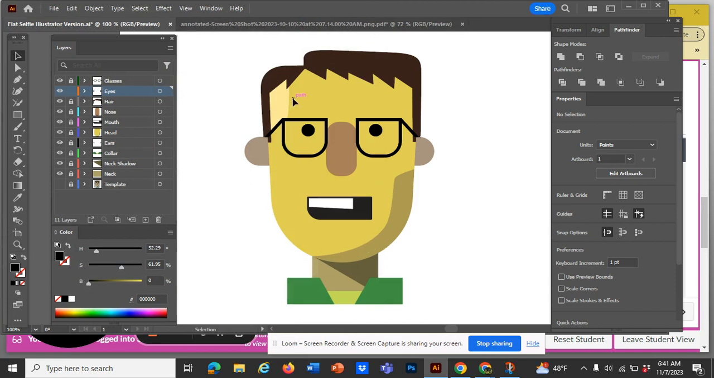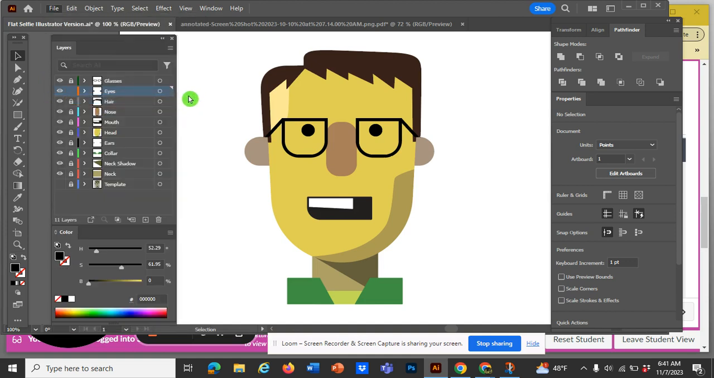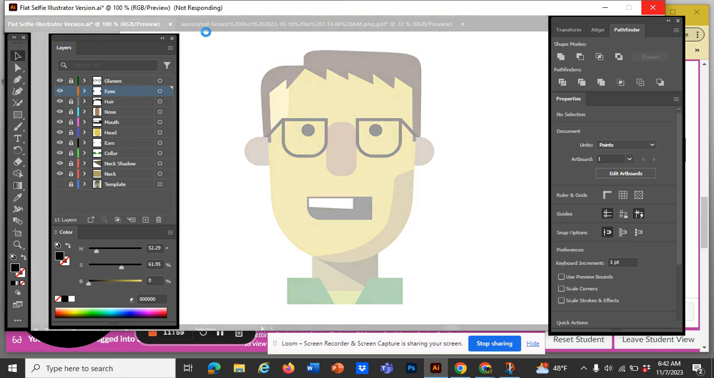Remember, just Control S as you go, so you can save your work as you go. And then once you've finished it, make sure you saved it. You got all the Illustrator file layers and information. And then that's when you finally